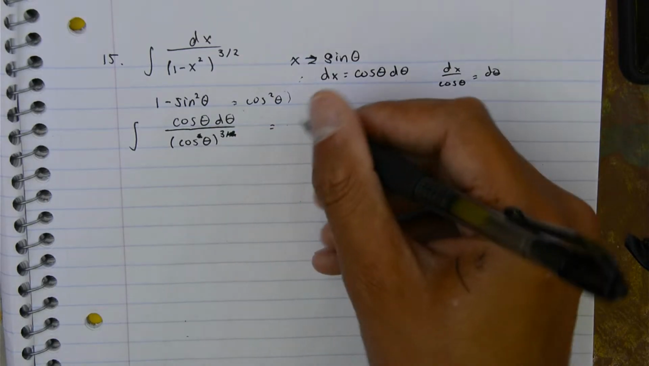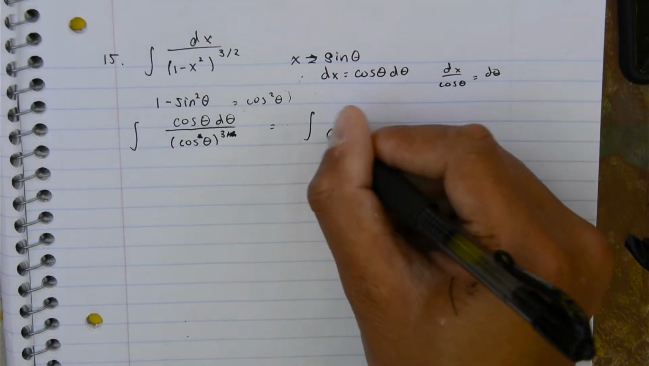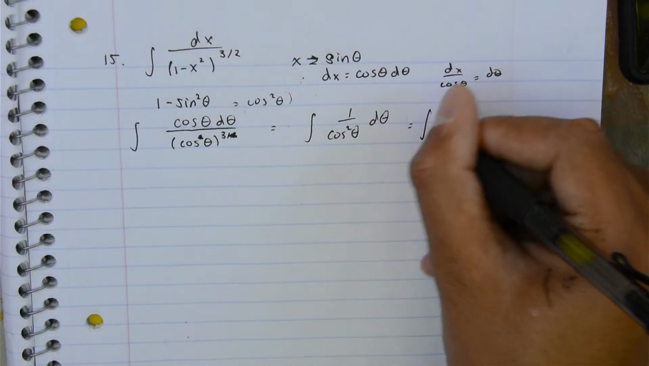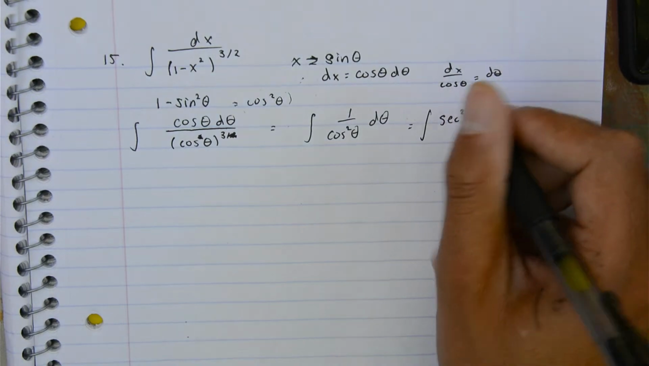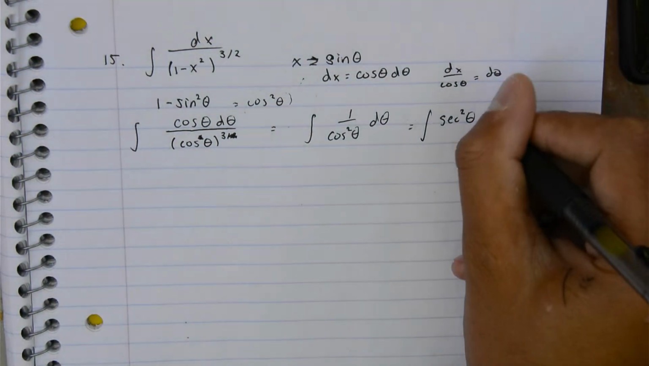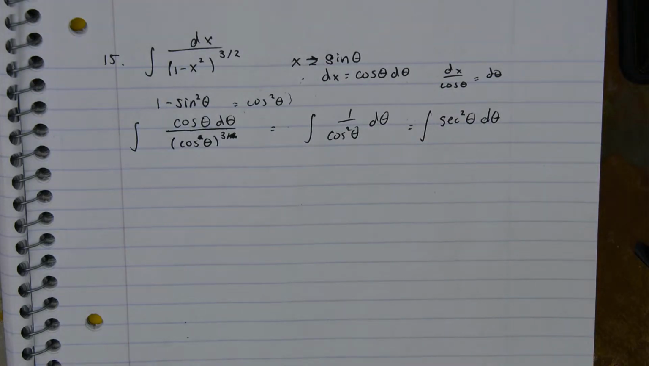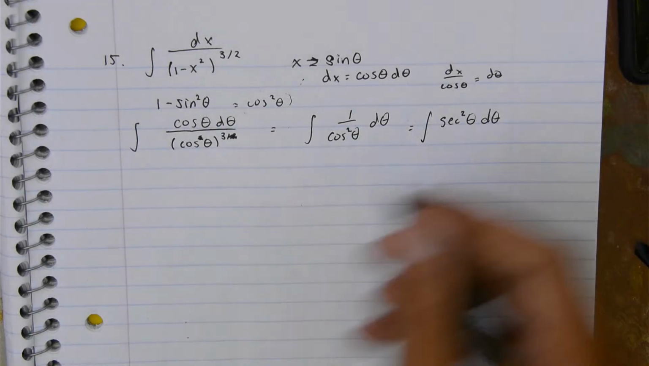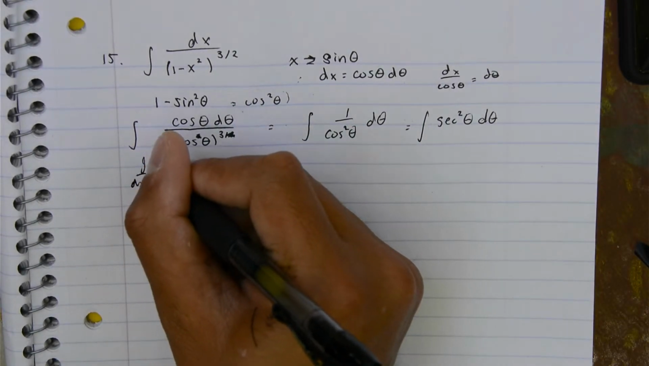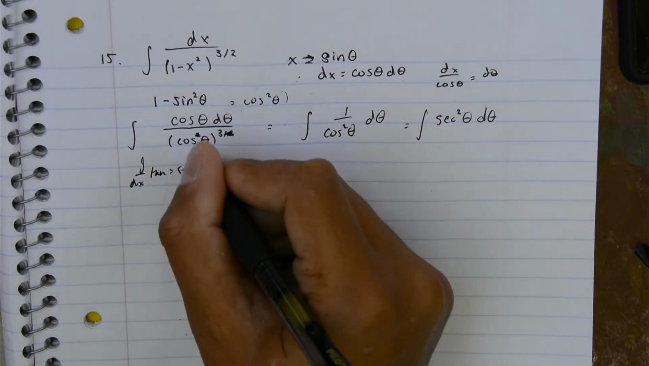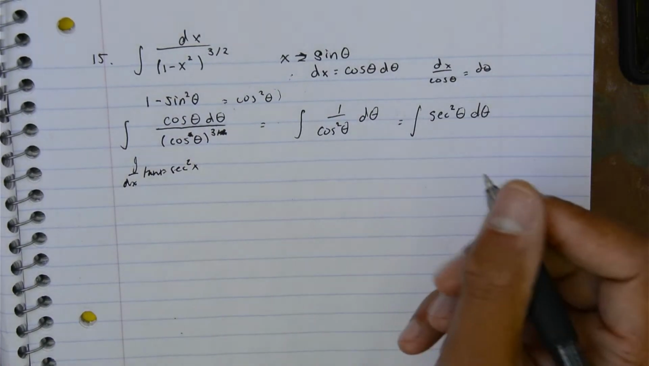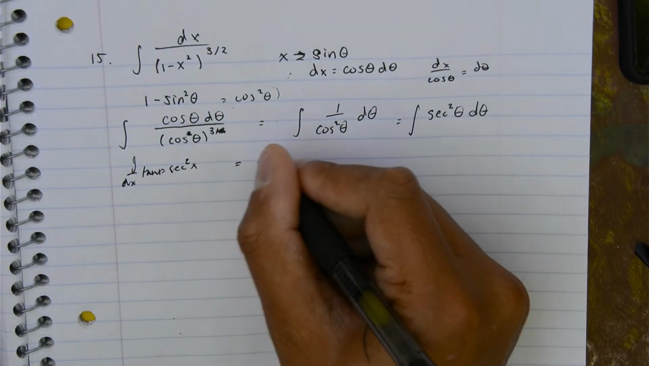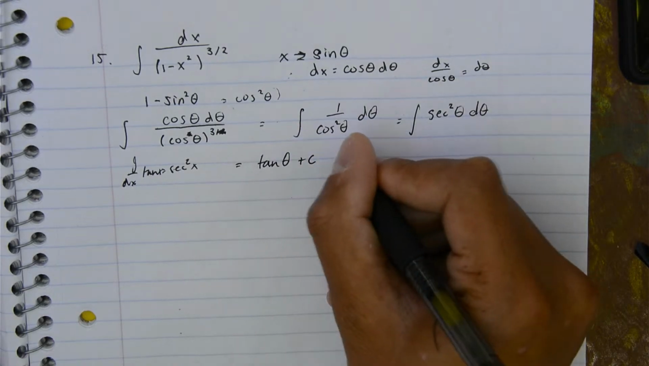So then we get 1 over cos squared theta d theta. So this is just equal to the integral of secant squared. I think that this is just tan, because d dx of tan is equal to sec squared. Okay, so this is just going to be equal to tan theta plus c, which is equal to,